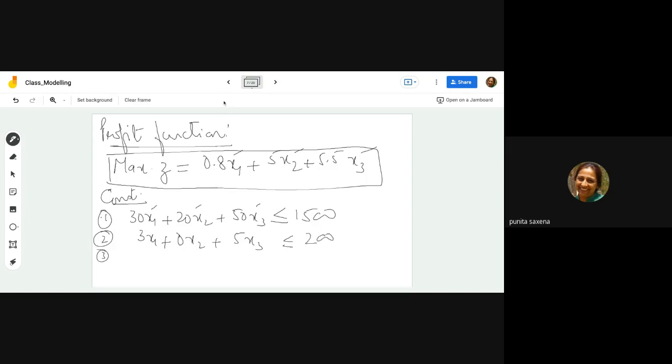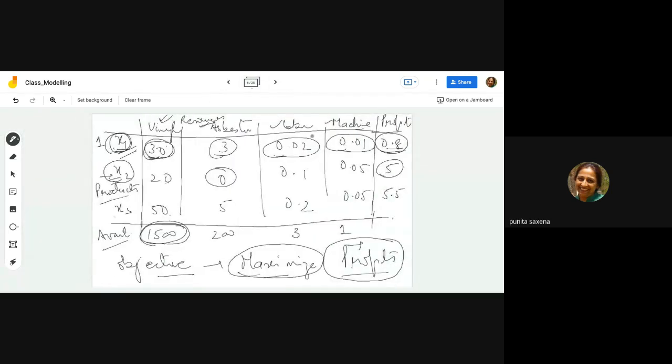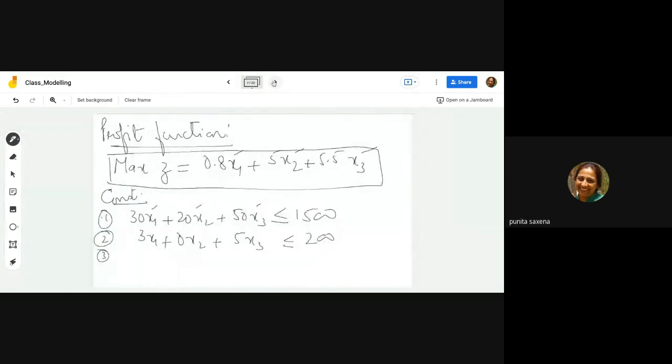Similarly, the third constraint. Again, it will be read column wise, right? And the total availability is 3. So it will be 0.02 x1 plus 0.1 x2 plus 0.2 x3, and this has to be less than or equal to 3. Similarly, the fourth, the machine days, right? It will be 0.01 x1 plus 0.05 x2 plus 0.05 x3, and this has to be less than or equal to